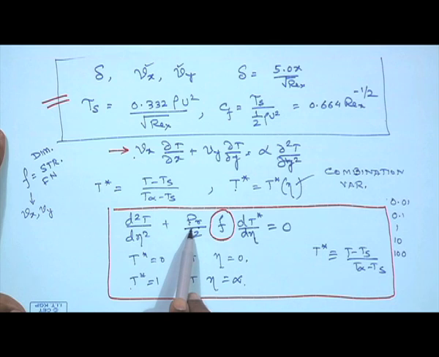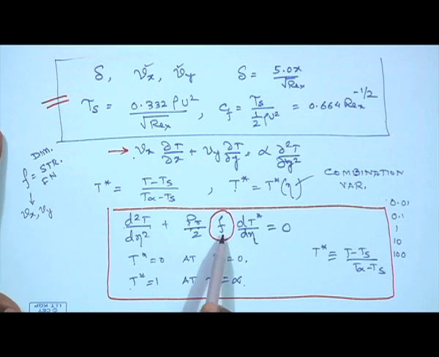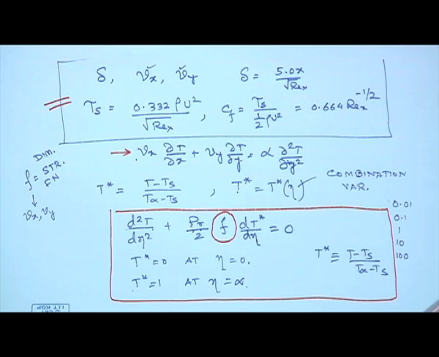Once I have these values of Prandtl number, then I should be able to solve this equation, since my value of f is known from my previous analysis of the momentum equation. I'll discuss it one more time. I get an equation which I should be able to evaluate. The only problem is I have Prandtl number present in there and f present in there.